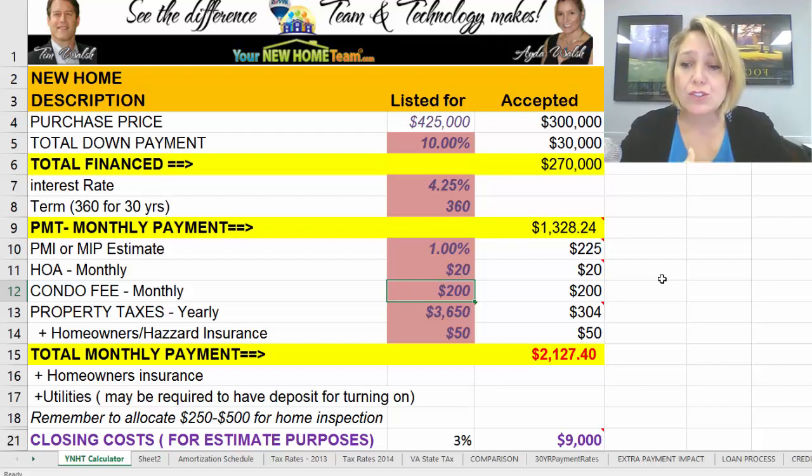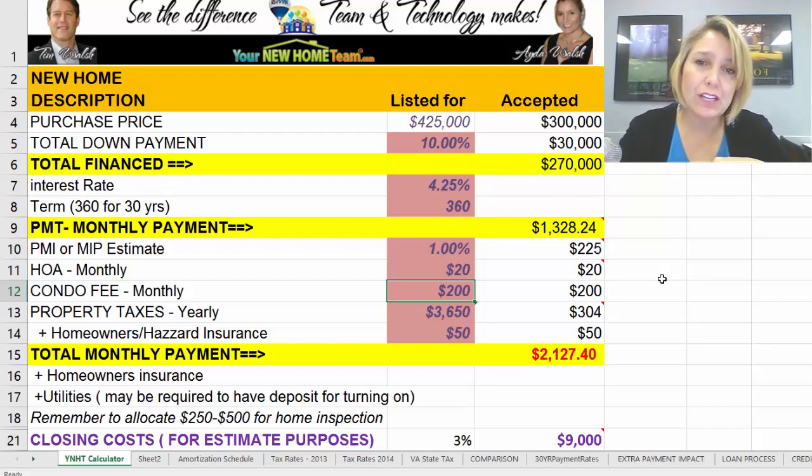And in here, I also have the closing cost estimates. Now, we estimate high, it's 3%. And depending on what time of the month that you actually close, your costs are going to vary. So just estimate high. And in some cases, closing costs can be negotiated depending on the type of property, depending on what your agent can really negotiate. But just make sure that you have everything outlined, because if you fall in love